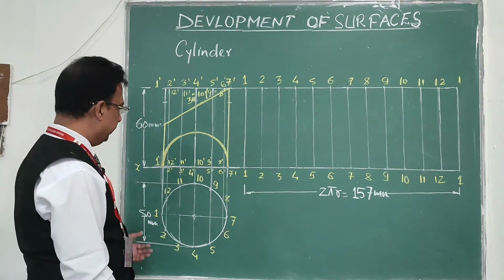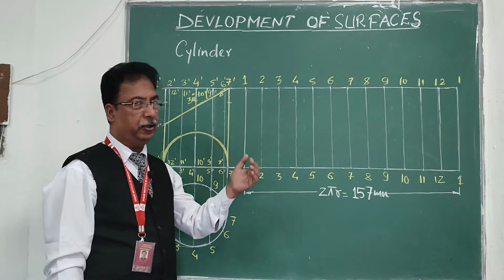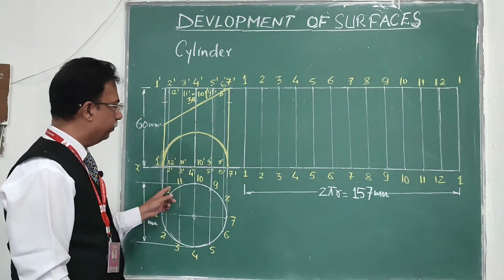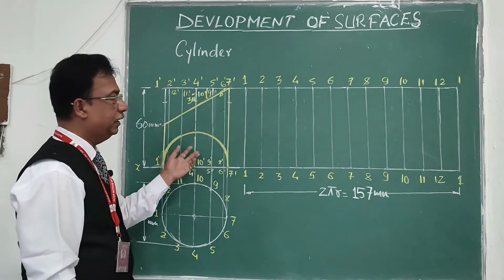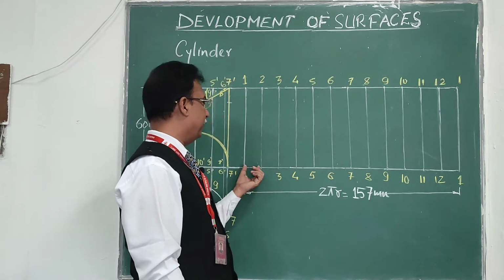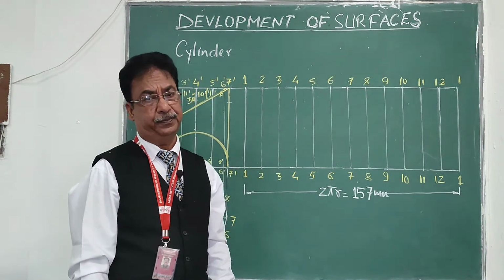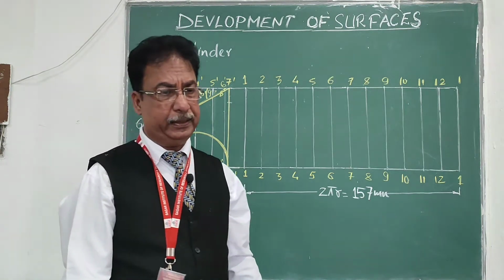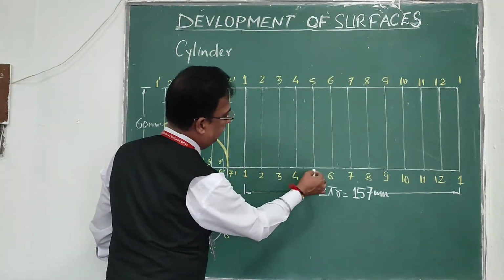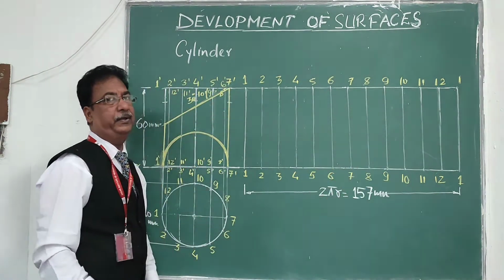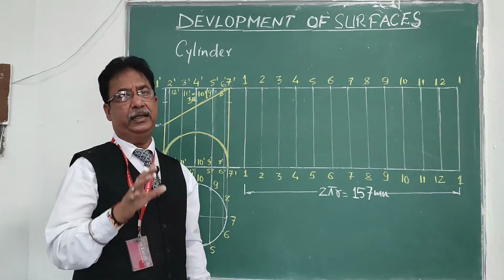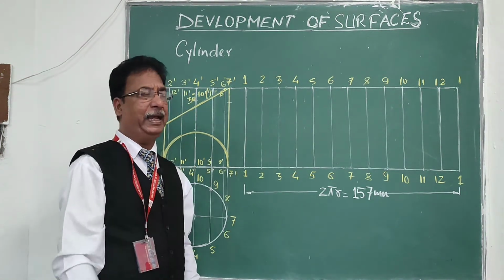So what we will do, initially we will draw the complete development of the cylinder, 2 pi r, then divide this circle into 12 parts so that you can get the 12 generators in the front view also, and in the same way divide this 157 mm into 12 equal parts. Now I have started opening the cylinder from the extreme corner, so that will be 1 2 3 4 5 6 7 8 9 10 11 12 and again back to 1. Already I marked all the generators. Initially use a 2H pencil, draw it very light.